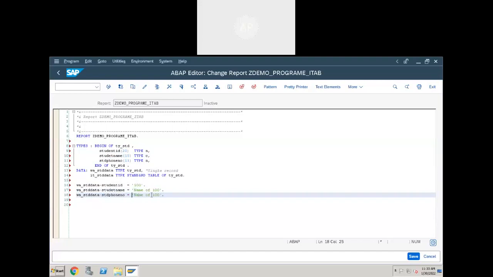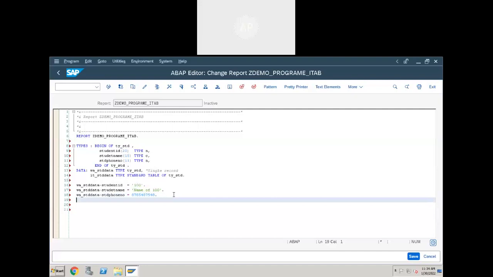Phone number is numeric type only, right? We don't need to use single quotes for numerical types. Let's populate some value. Now we populated the data to the work area, right?